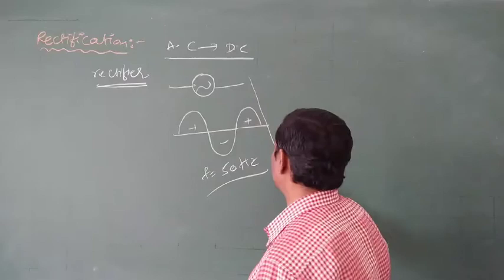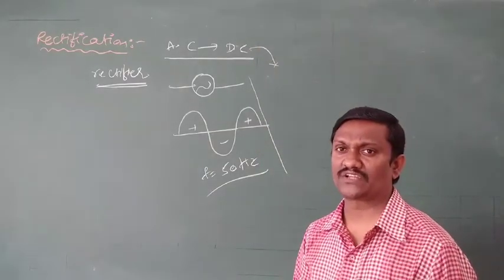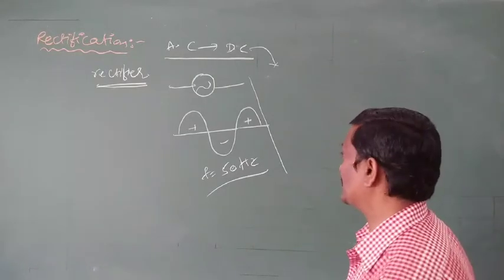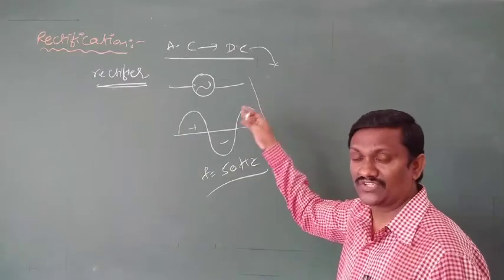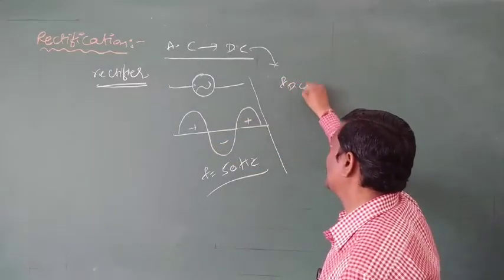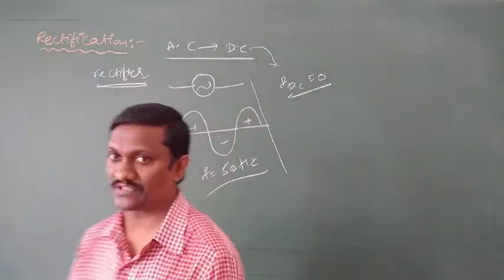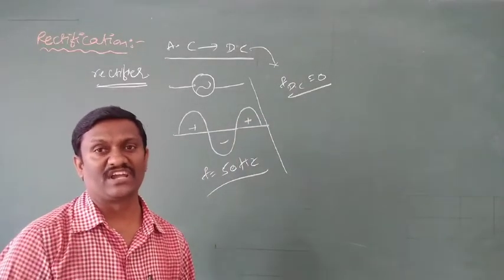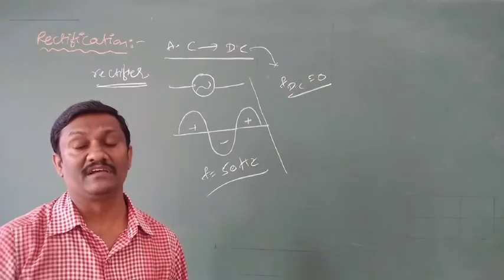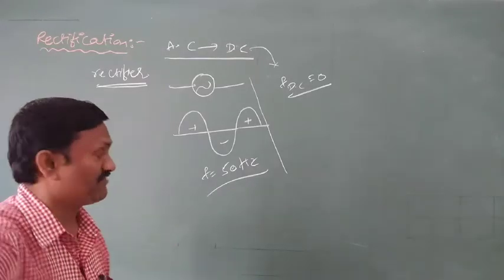Next, what about DC? Stored current is always DC. A current whose magnitude is always constant and whose direction never changes is called DC, stored current, or constant current. Its polarity does not change. So the frequency of DC is always 0, and the frequency of AC is 50 Hz. So that is about rectification and rectifier circuits: rectifiers convert AC into DC.